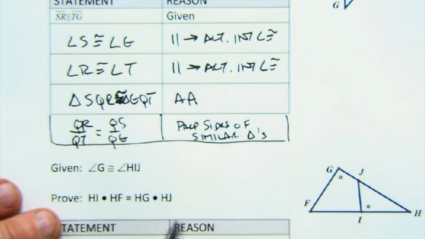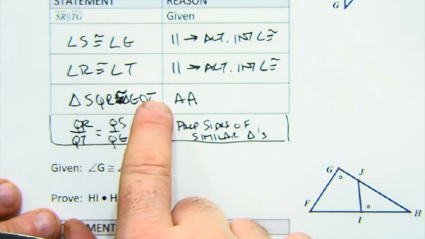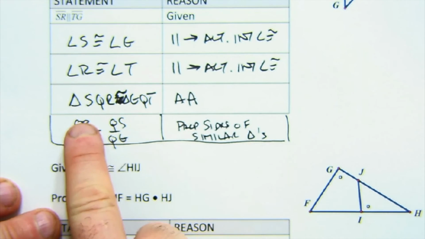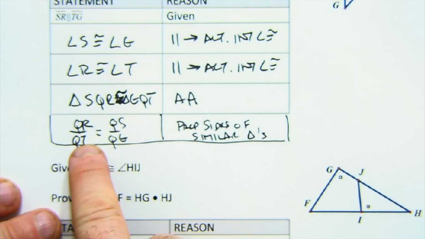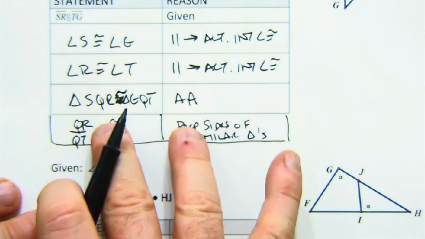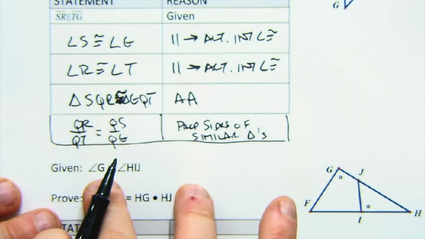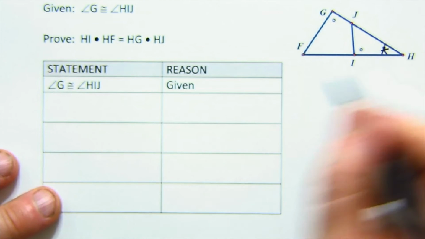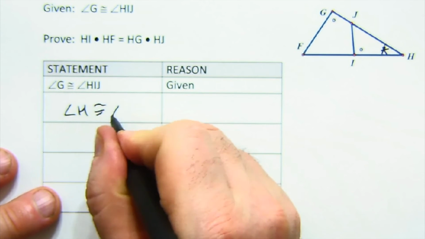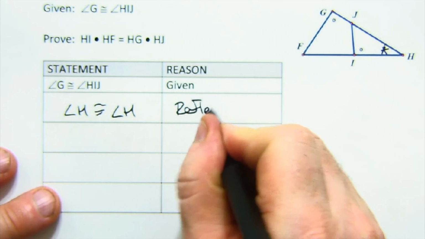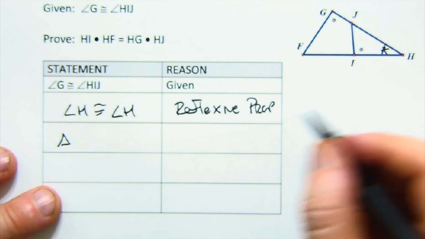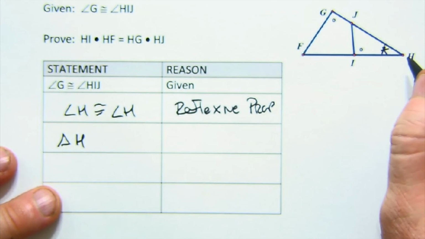Now I want to show you something. If we can prove similarity, and then we can say that there's a proportion, all this is basically multiplying out that proportion. So really it's this proof with one more line to make a product out of that multiplicative situation. So they give me an angle, and then I notice right away that angle H is in both triangles that I'm interested in. That, of course, is the reflexive property. And now I have two angles, AA. So I say triangle, let's see if we can get our name right here, HIJ